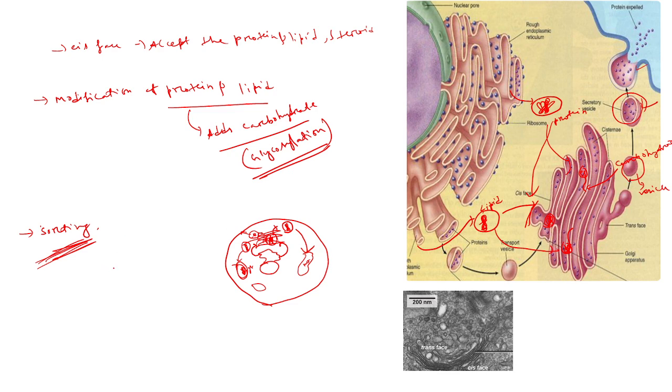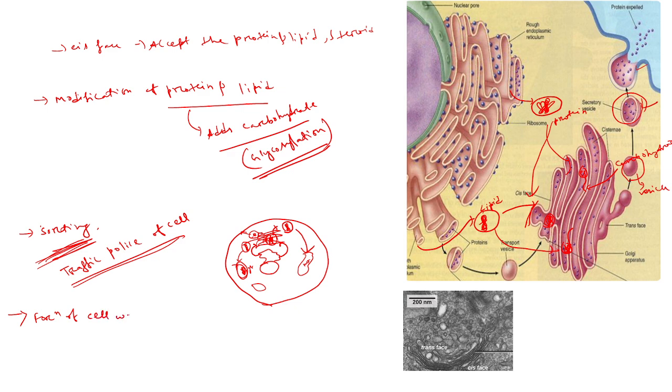So that's why the Golgi body is also called the traffic police of the cell. Like the traffic police decides which side the people should go to, the Golgi also decides which molecule or protein should go where. So this is the main function of the Golgi, and along with that it helps in the formation of